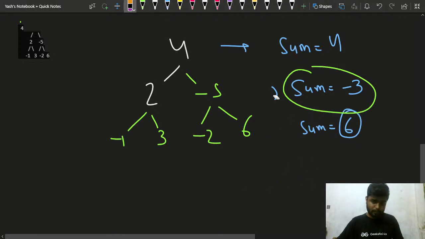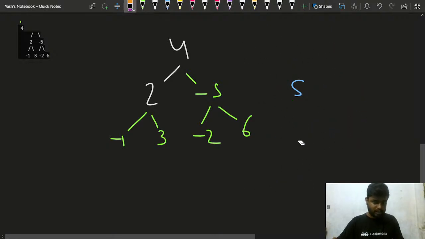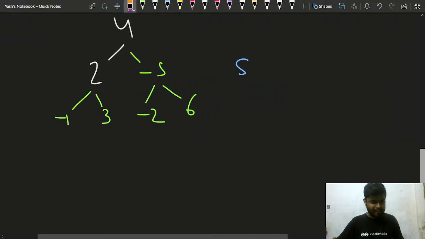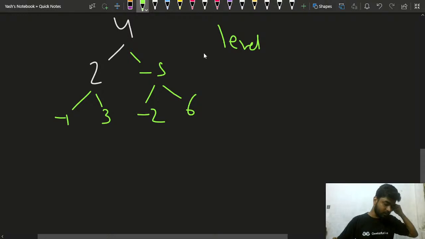Yes, all of you are clear with the logic. That is what you have to do. Basically you can run a BFS traversal and do this problem. Everyone is clear with the BFS traversal or not? You can run a BFS traversal, level order traversal, and you can find the sum one by one, right? You can write yes in the chat, everyone, if you are clear with it. All of you are clear with this part?